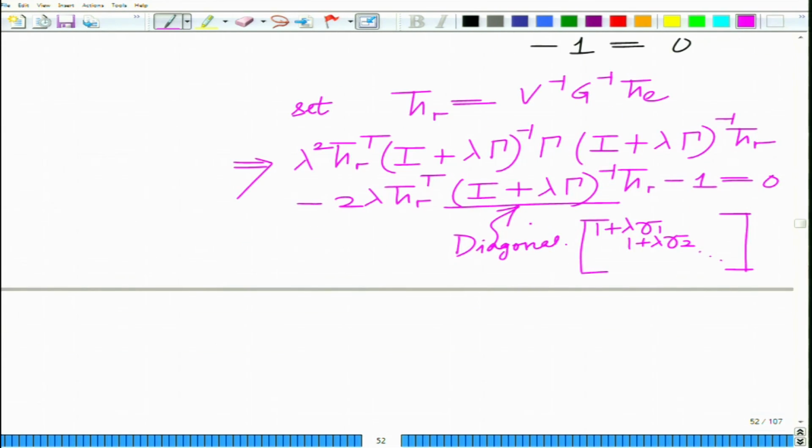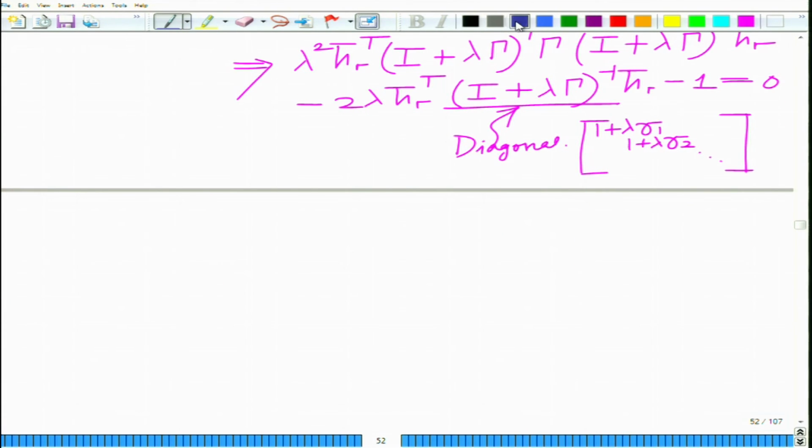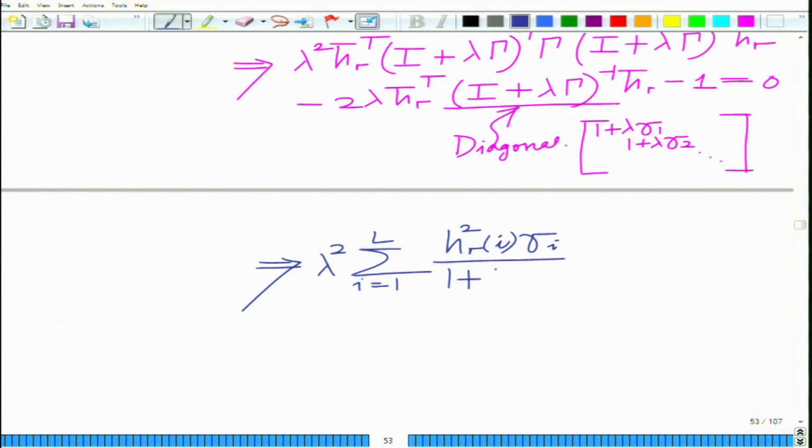So, you can multiply it out and simplify, and you get the final equation for the Lagrange multiplier lambda, given as: lambda square summation i equal to 1 to L, H R i square, I am going to explain these terms in a minute, this is the ith component of the vector H bar R, divided by gamma i, 1 plus lambda gamma i square, minus twice